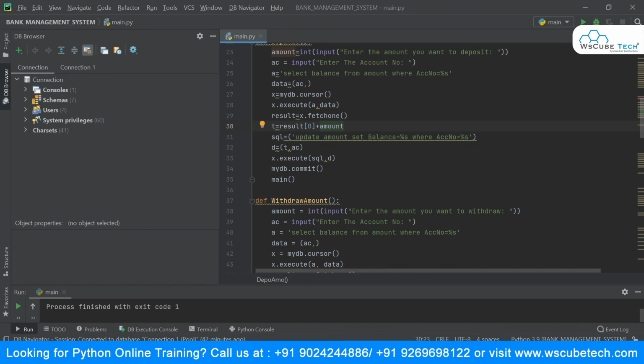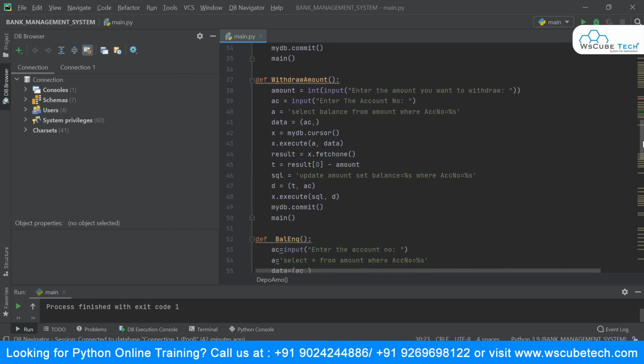And instead of deposit, for withdraw, you can see over here this is the entire code, because we are now withdrawing the amount in this method. So basically the code will remain the same, just the difference will be that we want to minus the withdraw amount from the balance. So we need to subtract that from the original balance present in the customer's account.